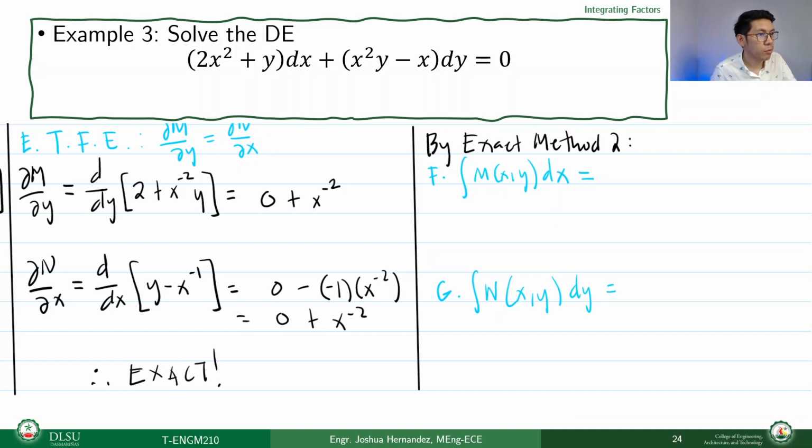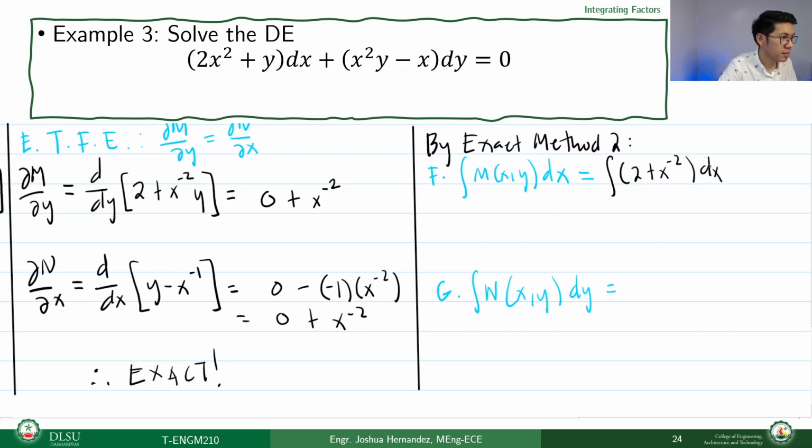That will give us the integral of m, which is 2 plus x raised to negative 2 dx, will give 2x plus the integral of x raised to negative 2, which will actually give us